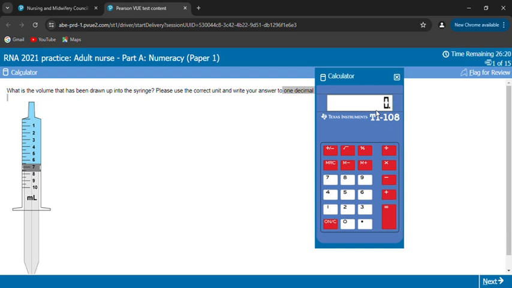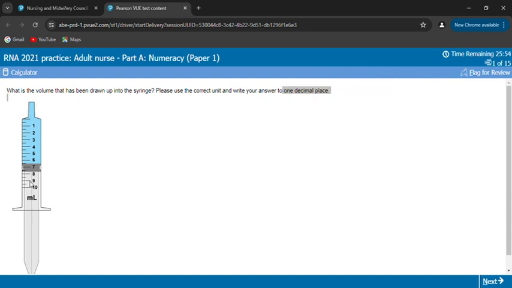So one decimal place means only one digit after the decimal. Two decimal places means two digits after the decimal. Three decimal places means three digits after the decimal. This is a very simple thing, so you don't have to worry about it. Okay, the next thing is,